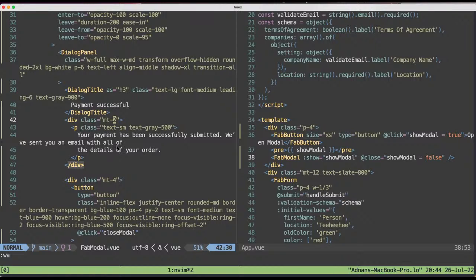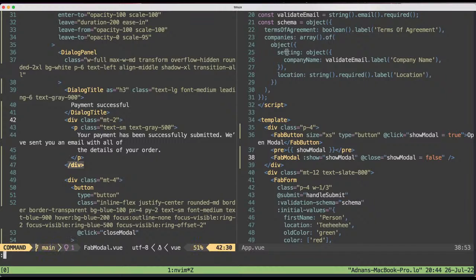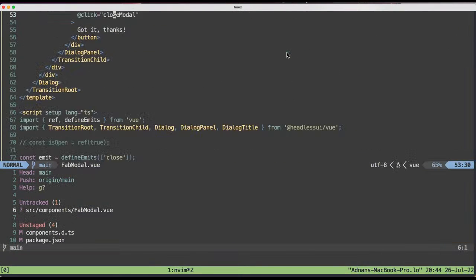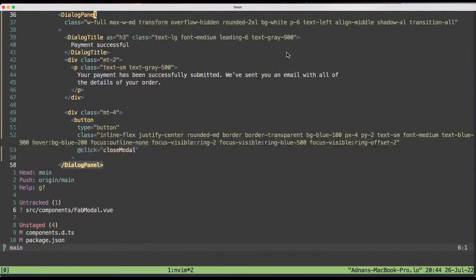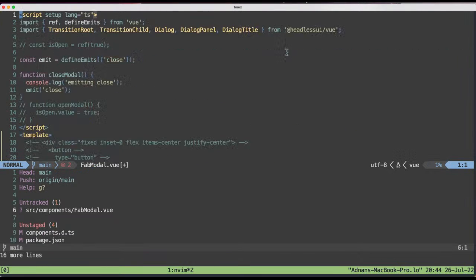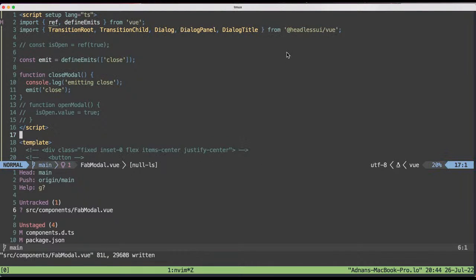Okay, let's see. Yeah, but let me begin by committing. So let's take a look at what we've done. We've added a fab modal, which is just a copy pasta from Headless UI. And I feel like it's good for me to make that comment here and kind of follow the pattern that we have in all the other components, which is have script up here. I actually like the template being on top, but